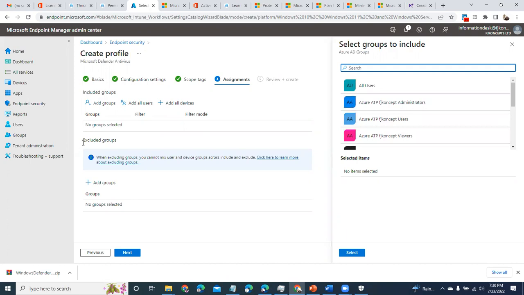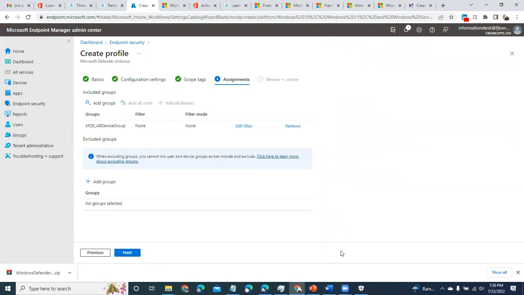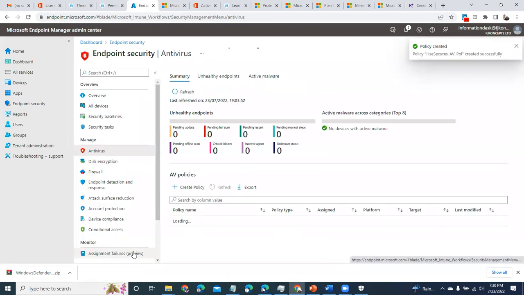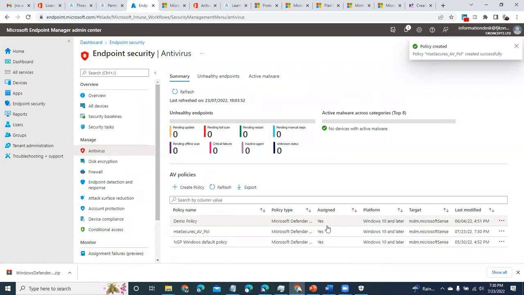You can create a group that is for users and a group that is for devices. At the same time, you can also exclude people from this policy or exclude devices from this policy. And that's it. You've created the antivirus policy.